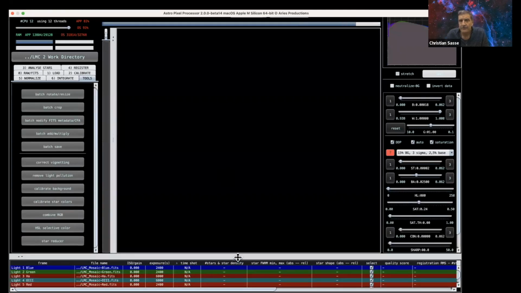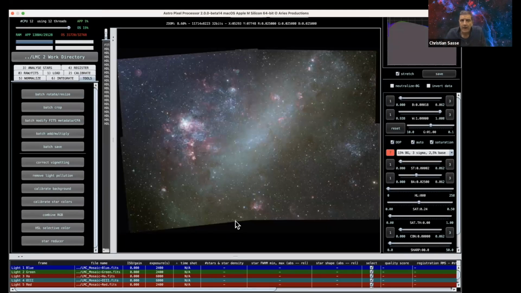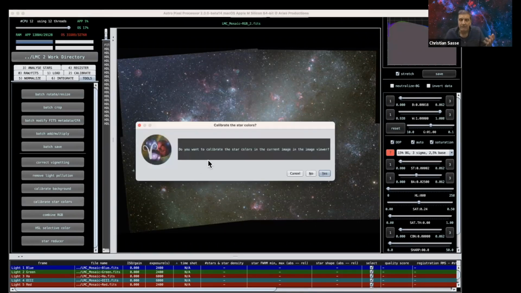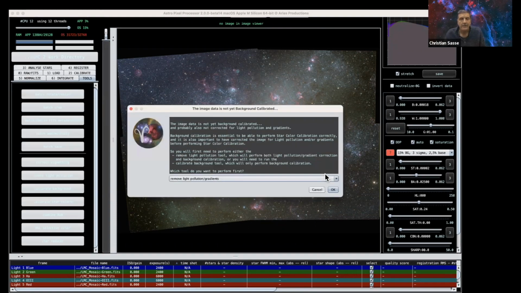Just expand the screen a bit. And now comes the most important part. We're going to clean up the image and try and get the colors correct. We do that by just clicking on Calibrate Star Colors. So that's directly what we do after the combine